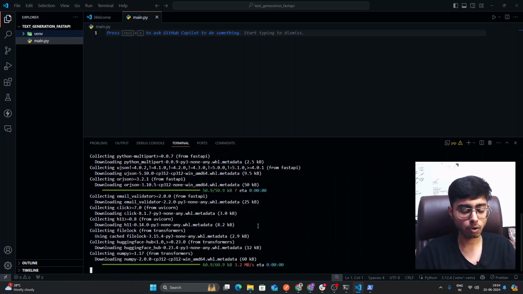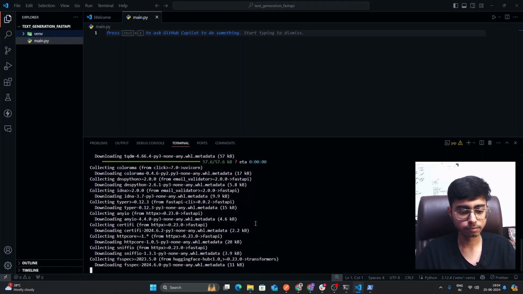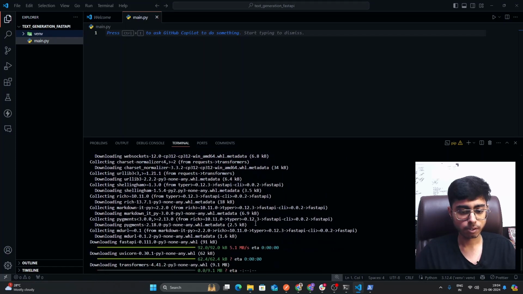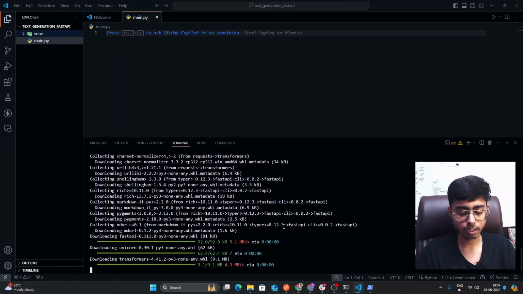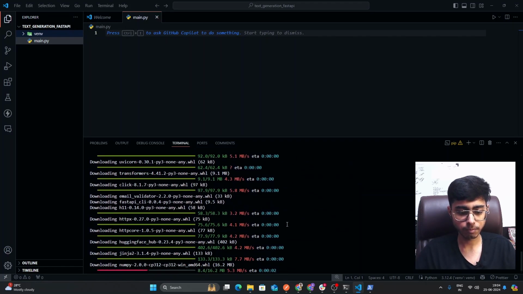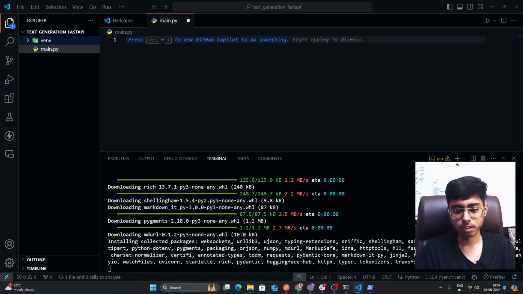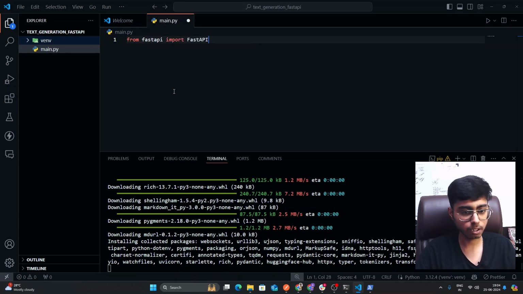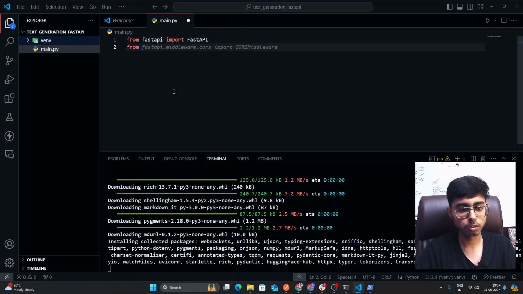You can see that it is downloading, so let it download. Transformers is actually a very big package, so it may take some time. So let's see. Till it is downloading, we have to start building the server in my main.py file. So first of all we have to import FastAPI. So from fastapi import FastAPI, then I have to import from transformers,